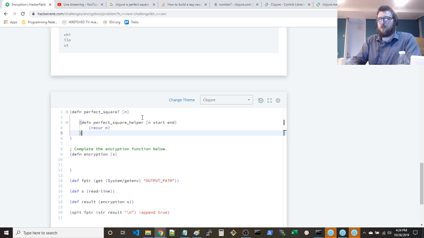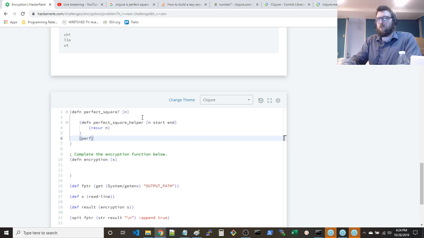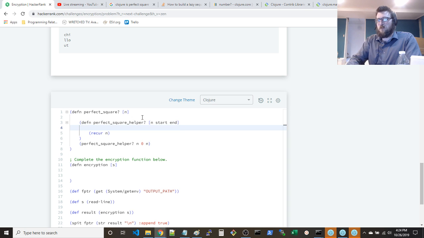And then we'll say return perfect square helper of n, 0, n. And this is going to say let midpoint be start plus end divided by